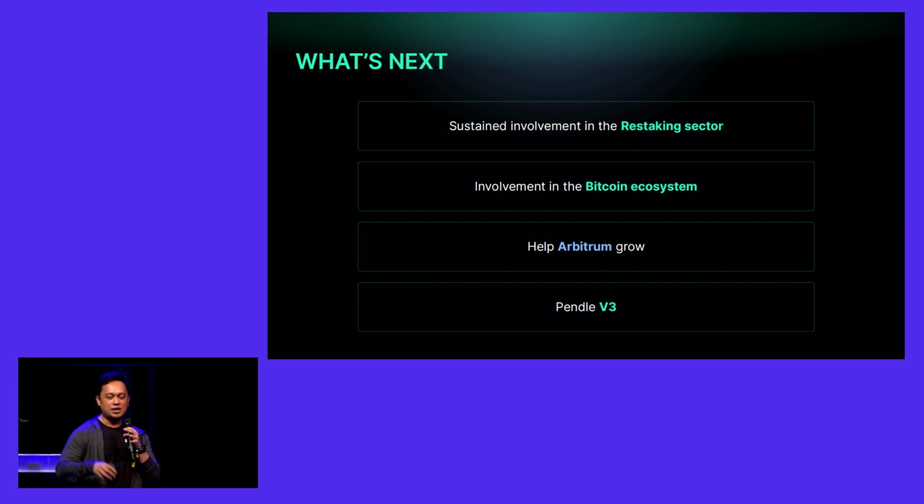So what you've seen right now is our v2 deployment, and v3 is something that we've been working hard on internally for a long time. Now, I can't reveal much about what Pendle v3 entails, but you can think of it as something that will work complementary to our existing v2. So we'll share more to come later this year, probably around September-ish or so. And hopefully we can get it out later this year or early next year. And I think that will be another venue for you to be able to trade yield effectively across all the yield-bearing assets in DeFi, whether it be Arbitrum or Ethereum mainnet.